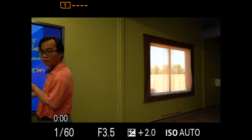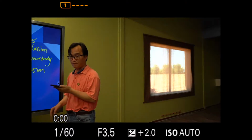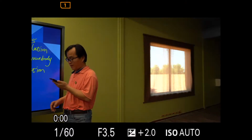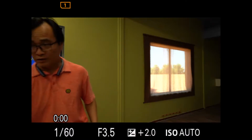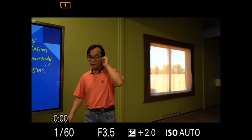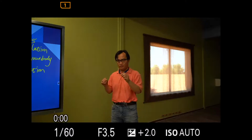Oh, sorry, you cannot see it right. The femoral head necrosis. You know, the femoral head. In fact, it is in the hip. There is only one